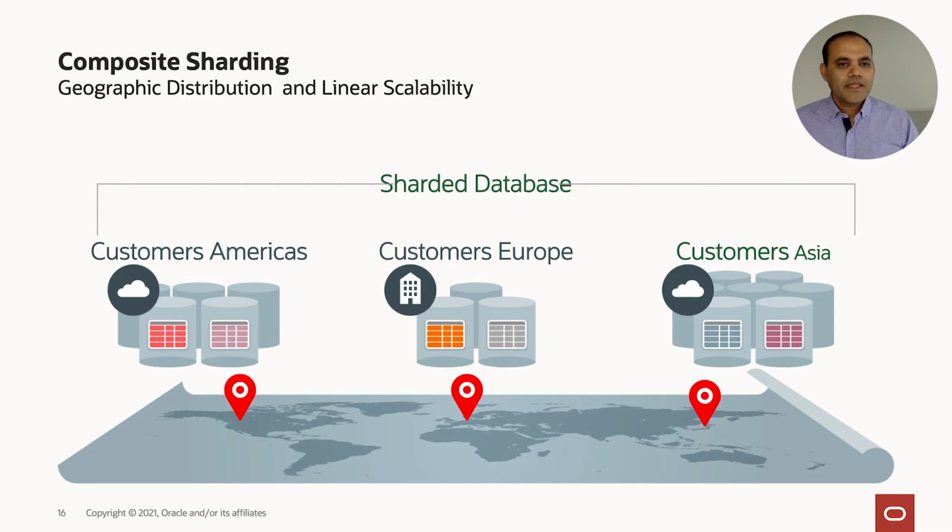For example, I can say that all the data for North America, the continent of North America, is made available in shards in, say, Phoenix in United States. All the data for European Union customers needs to be deployed in Frankfurt. All the data for Asia Pacific customers needs to be deployed in, say, Tokyo, for data residency or user proximity, device proximity reasons.